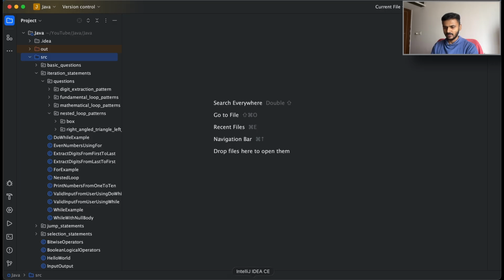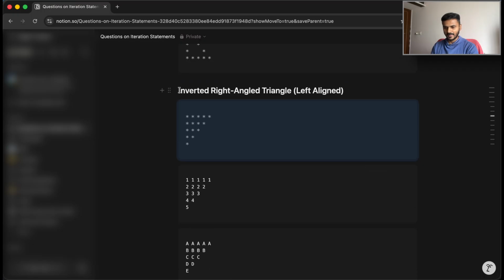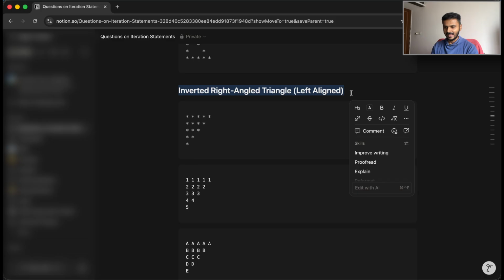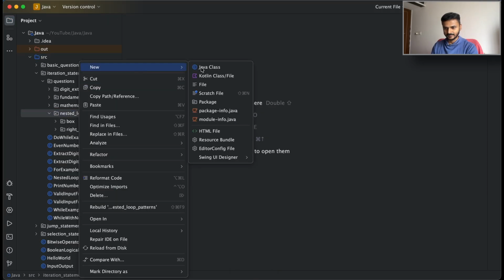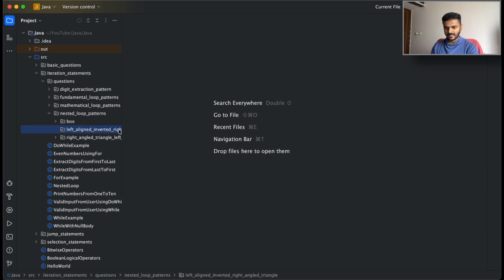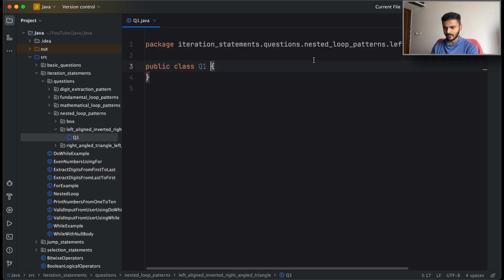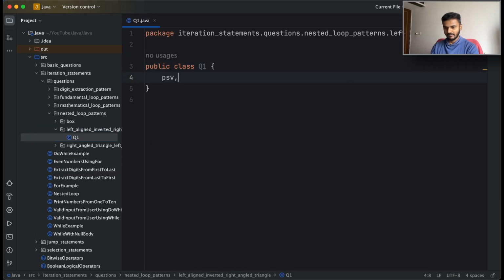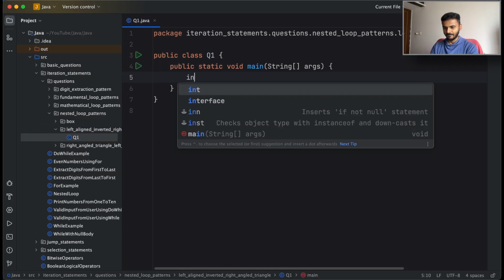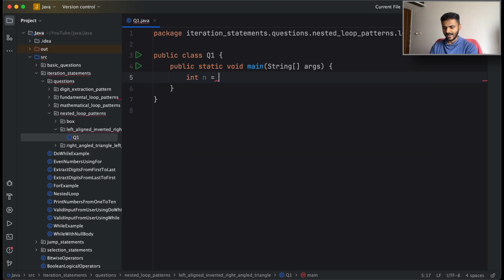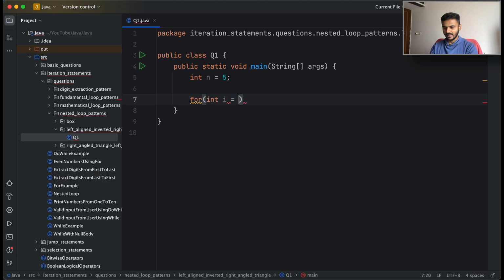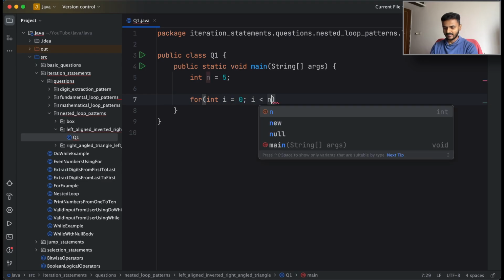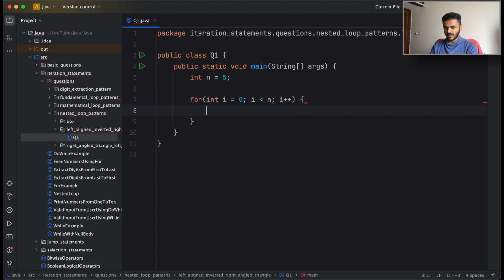And the first thing I'll do is create a package with this name, which is left aligned inverted right angle triangle. So let me quickly do that. And then I'll create a new Java class and I'll name this as Q1. Now over here we'll have a PSVM, that is public static void main. And then I'll create a variable, say n, assign 5 to it, and then start the iteration. So I'll say int i equal to 0, i less than n, i plus plus, and the inner loop would